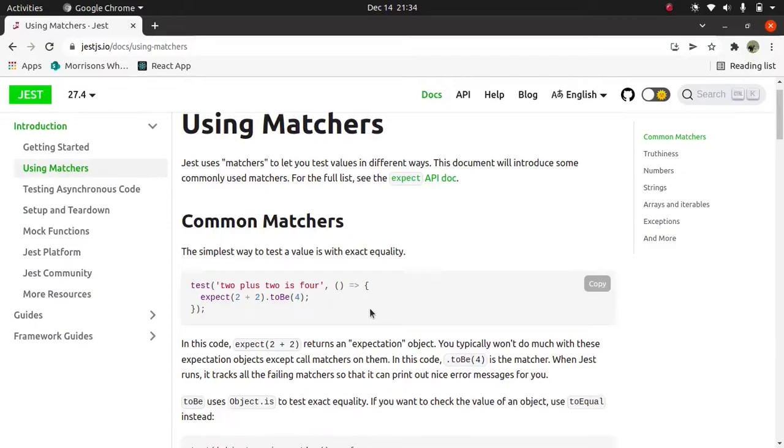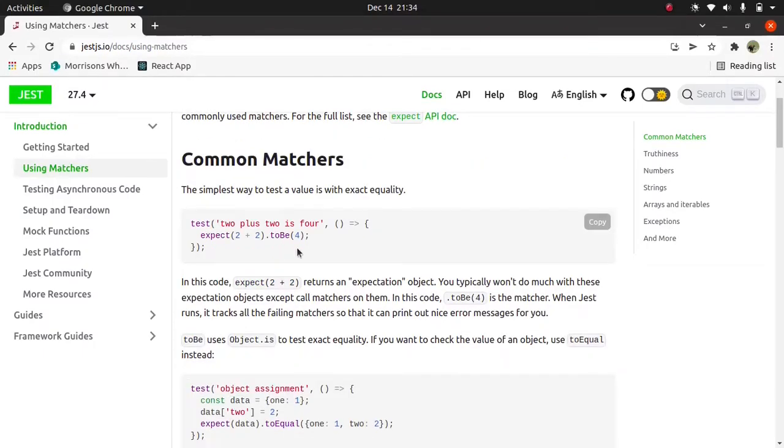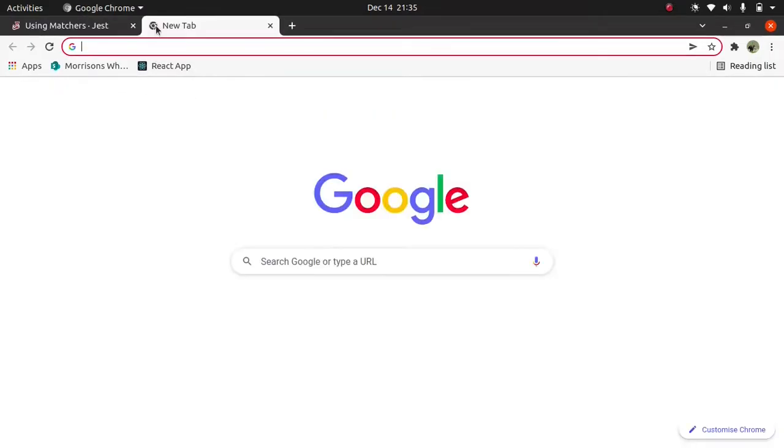But if we go through just these assertions only, we cannot test our app correctly, because in our app we don't produce output like a 4 or any object. We have a component, we have a DOM representation. So for that, React Testing Library ships with jest-dom. This is already built in, and if you look into jest-dom,